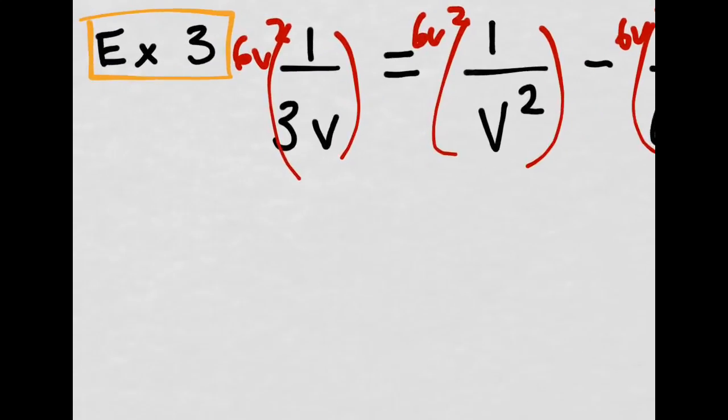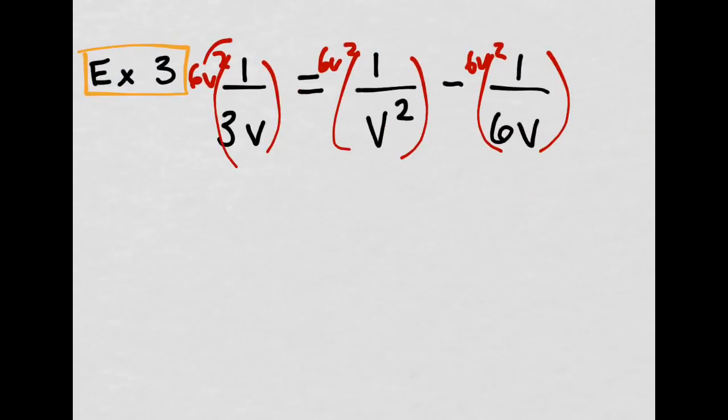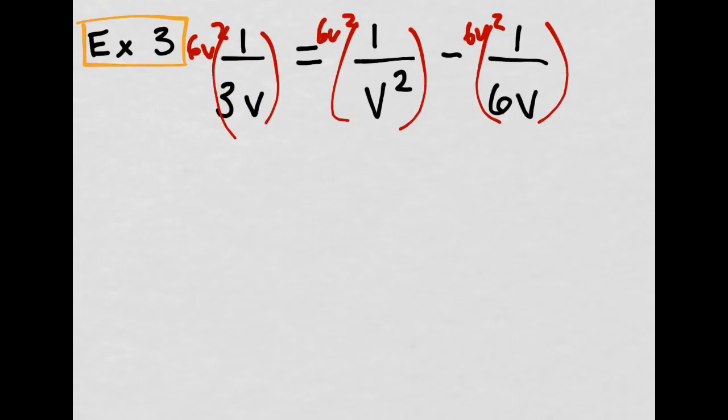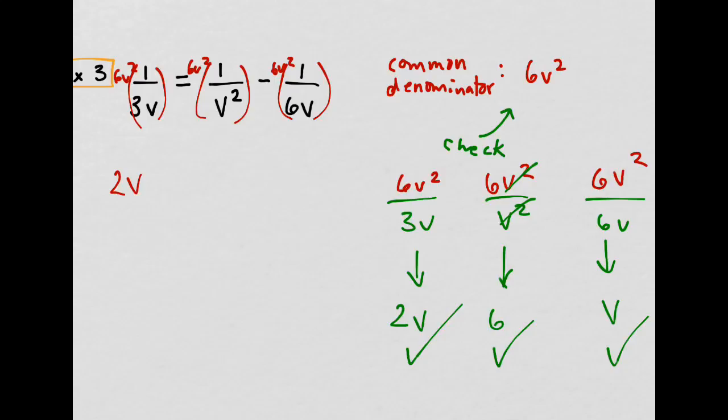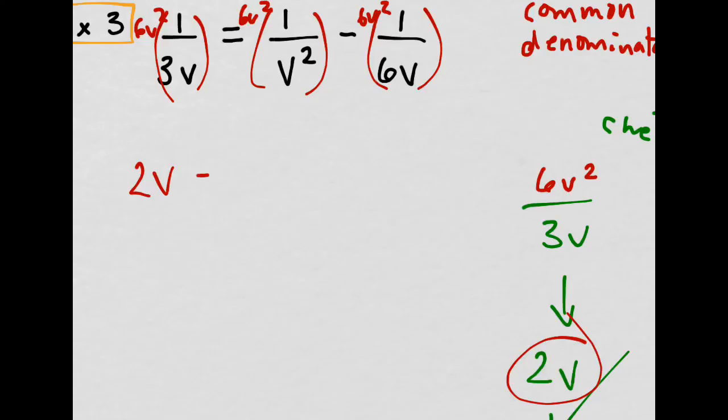So I'm multiplying by 6v squared, and look what happens. V squared over v, that's just v, times 1 is still v. And then 6 divided by 3 is 2. So I have 2v. That's what I have here. That's why it needs to be divisible by all three denominators. And that equals,